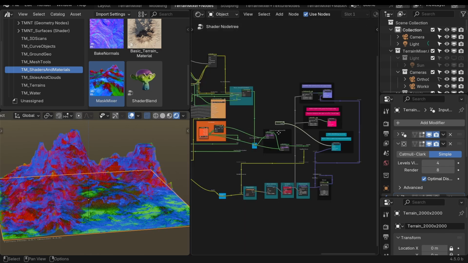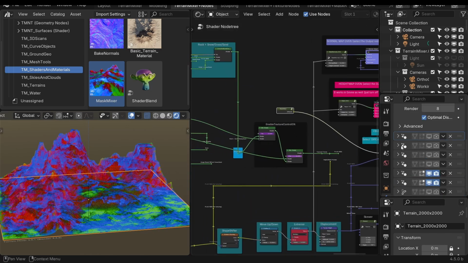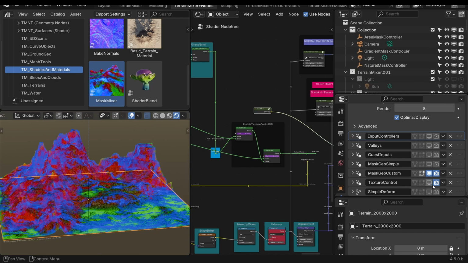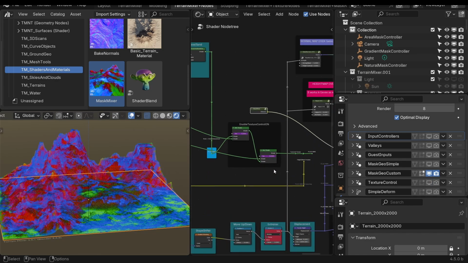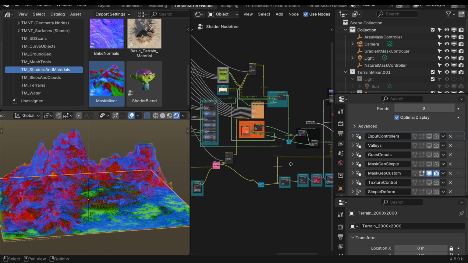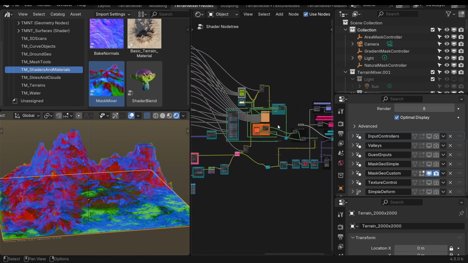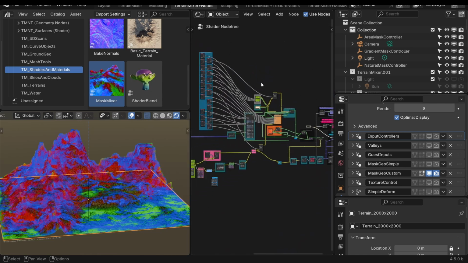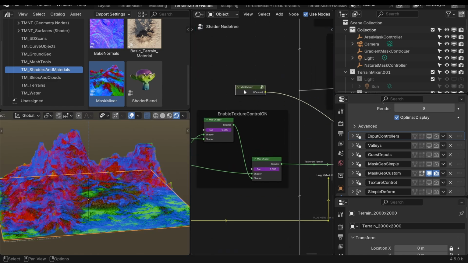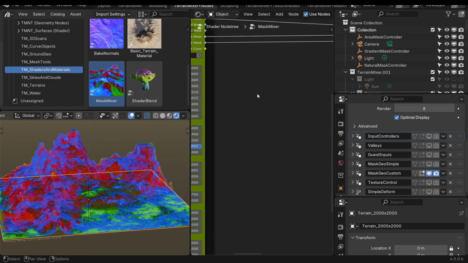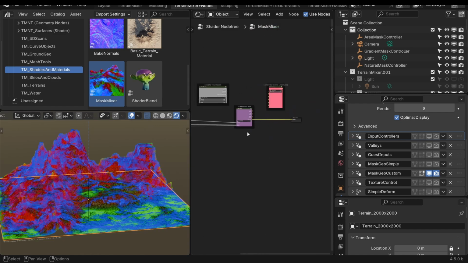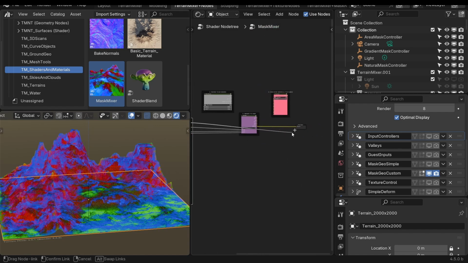So in theory, you could go here and you don't need the texture control anymore. And you could literally delete, if you want, all of these nodes here that are used for texturing and that are partially controlled by this texture control modifier, because now you have this one, mask mixer, so we can go inside. You can output anything you want from here. So for example,